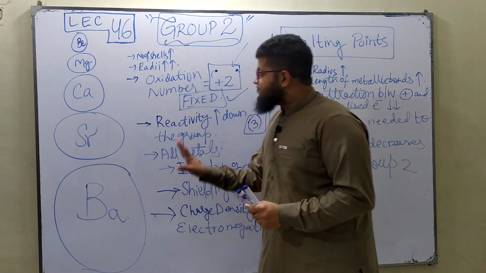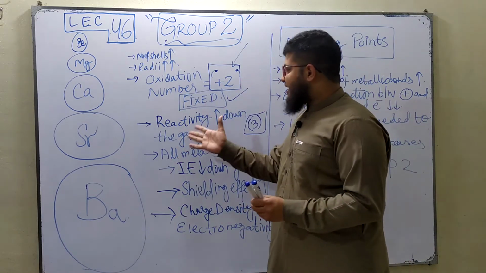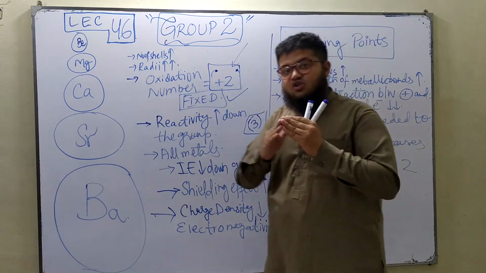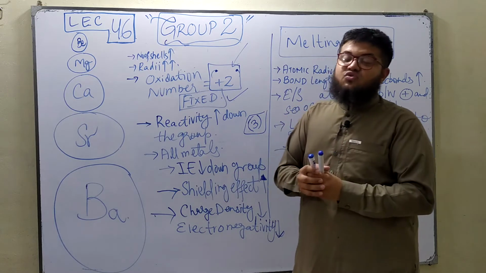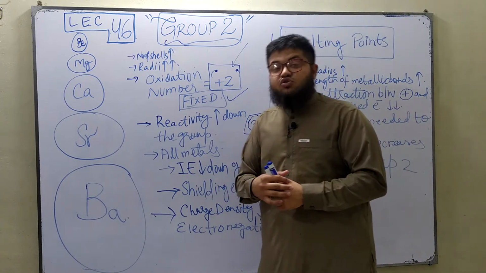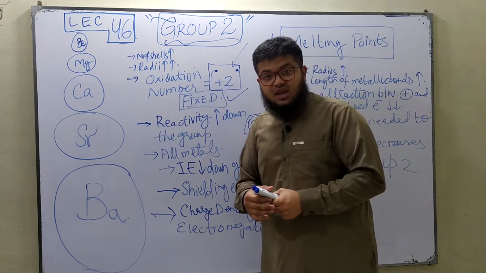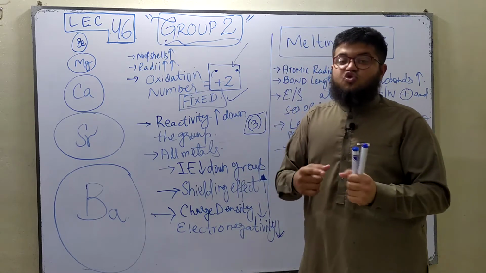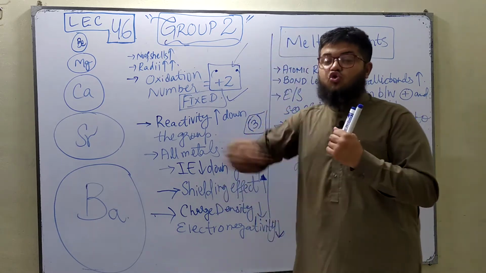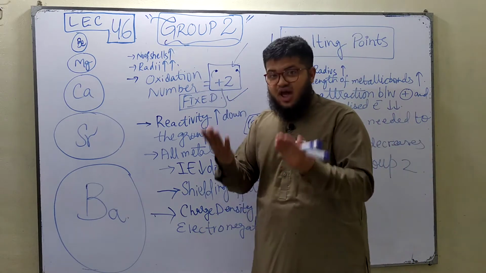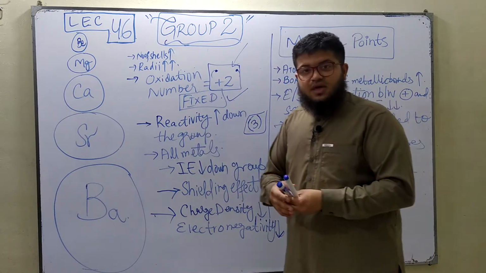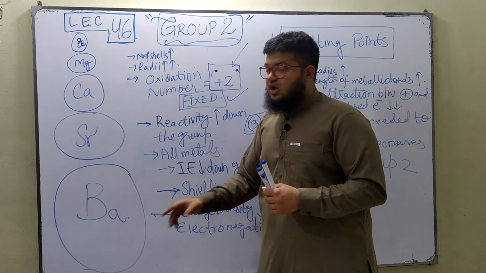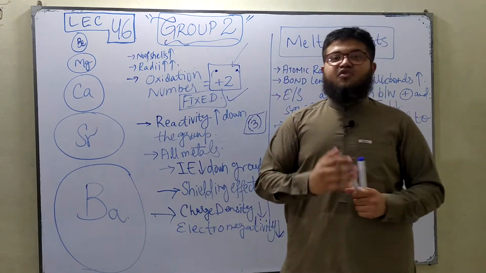Now, as I was saying, as we go down the group, the outer shell electron moves far apart from the nucleus, and the nuclear attraction on the outer shell electron becomes weakened. If it weakens, then it becomes easier to lose an electron, right? The tendency to lose the outer shell electron will rise as we go down the group. And if that tendency rises, therefore as we go down the group, the reactivity will rise, because